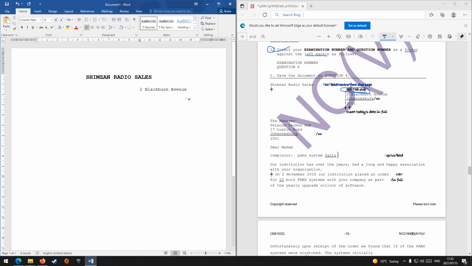Yes. Okay, so make yours 10 from the get-go, just to be safe. Press enter, press tab. Type Johannesburg, all in capital letters. Press enter, press tab. 2001, press enter twice. Insert today's date. So today's date is the 13th July 2021. Press enter twice. And then we have